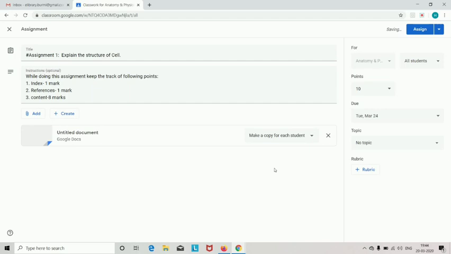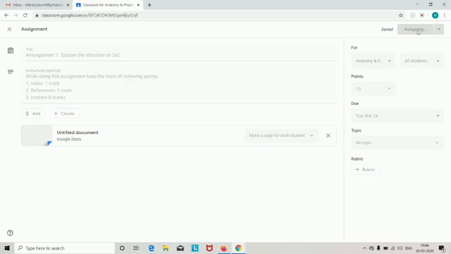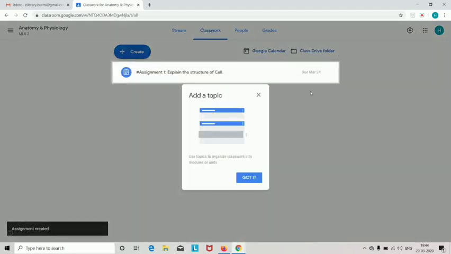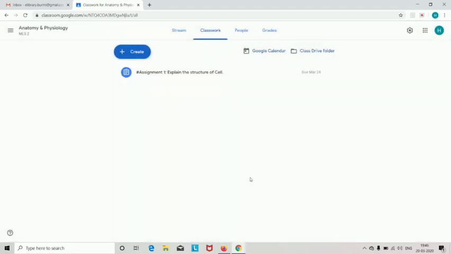Once the things are being done, now you can assign your assignment. This is assigning right now. Just wait for a minute. So the assignment is being